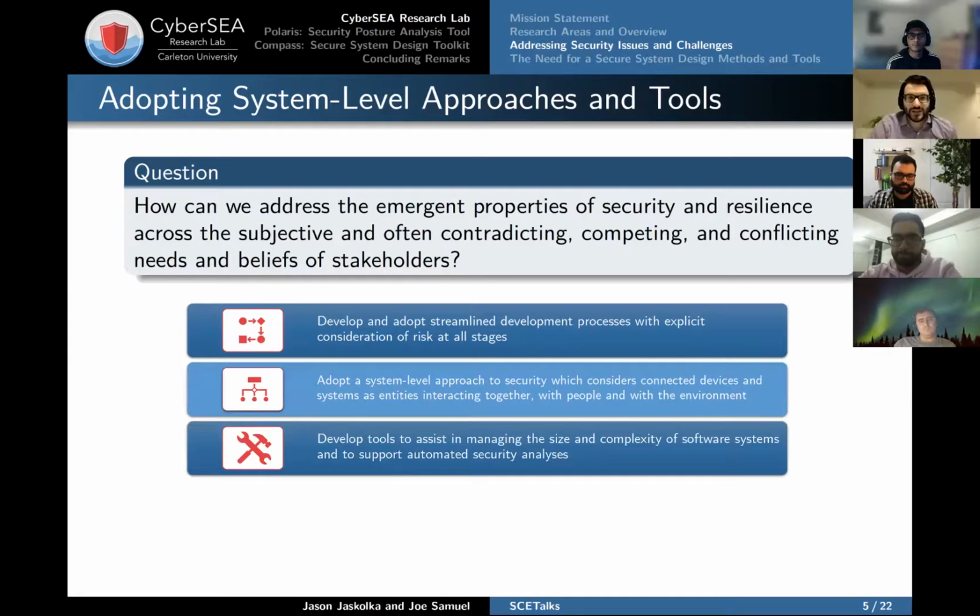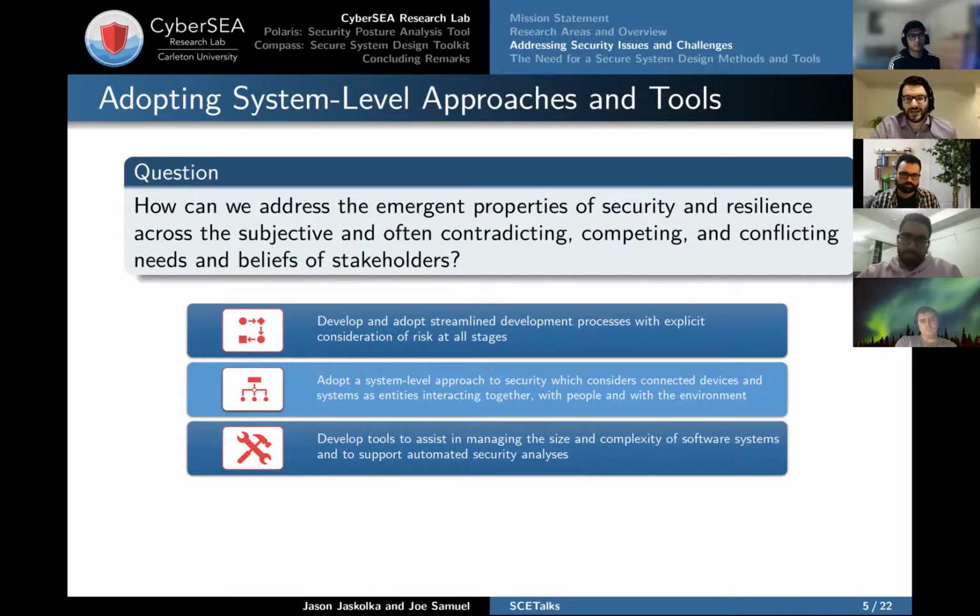We want to make sure that we can develop tools to help manage the size and complexity of the systems that we're dealing with. So often when we're talking about engineering these kinds of systems, we're not talking about little toy programs that we're developing in early year programming courses, but rather these are large, complex systems that are often at the center of many of our most critical systems that work for the functioning of our society, like a power grid, for example.